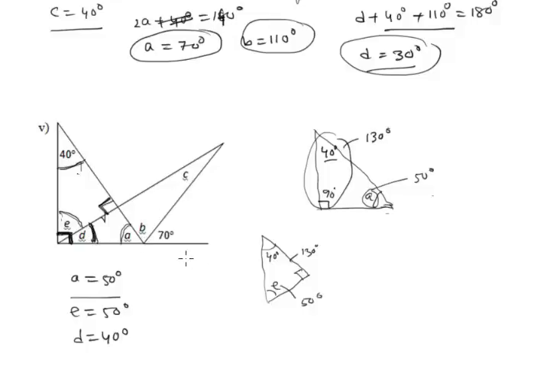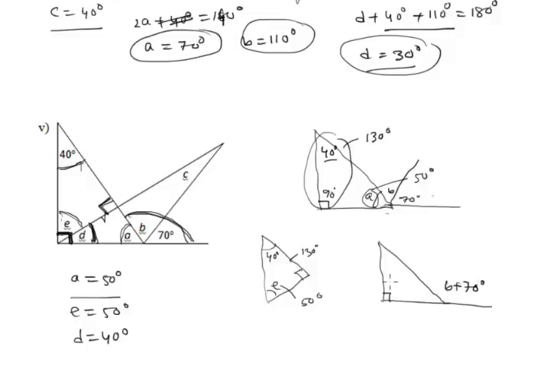Okay, now how can we use this 70 degree? Now if we consider this big triangle, right angle triangle, and we extend this one, then B plus 70 is its. So here it's like this. This is 70 degree and this is B. So this B plus 70 is an external angle of this right angle triangle. So we know that this is a right angle triangle. If we extend it, this is an exterior angle which is B plus 70 degree, and